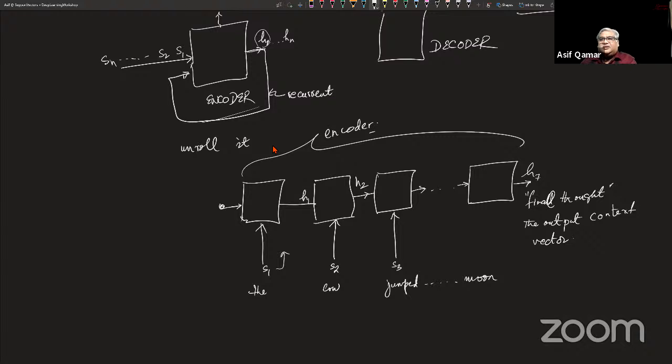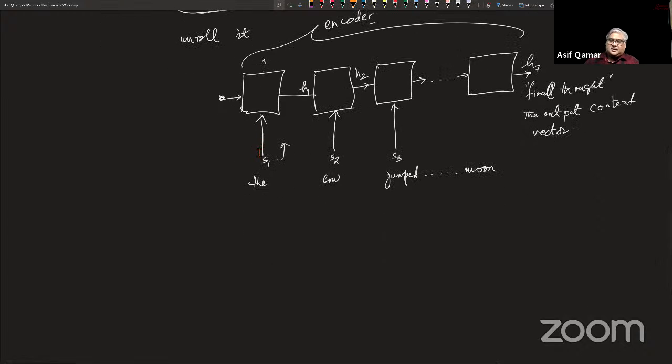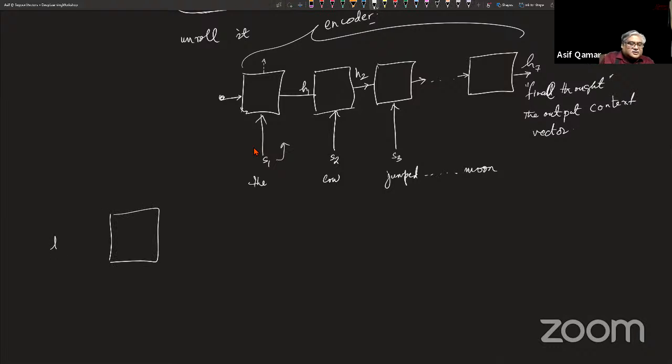Now the encoder differs from the standard RNN. A standard RNN also produces some output. Here in the encoder part, we ignore the output part. We only care about the hidden state that we propagate forward as the next word comes in. Now, let's look at the decoder part. The full decoder is like this. The final thought goes in this, and what it will do is